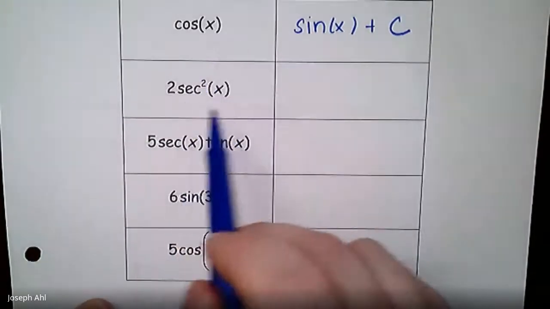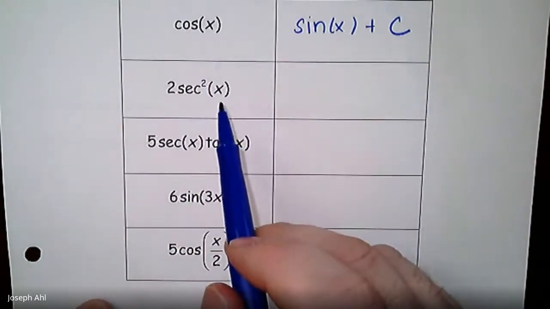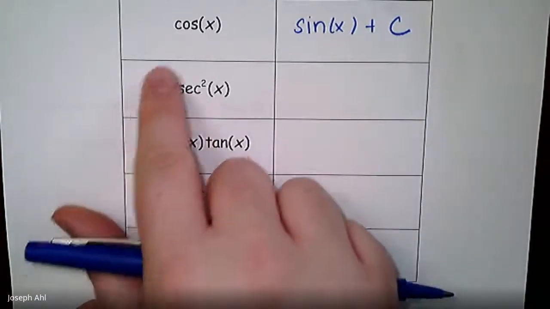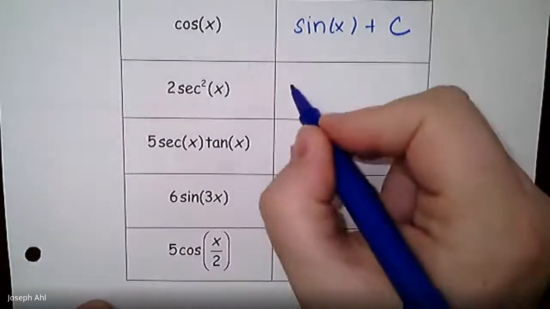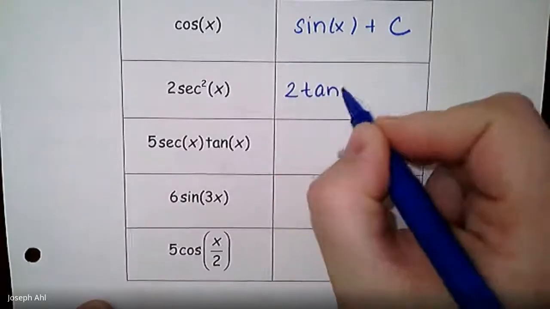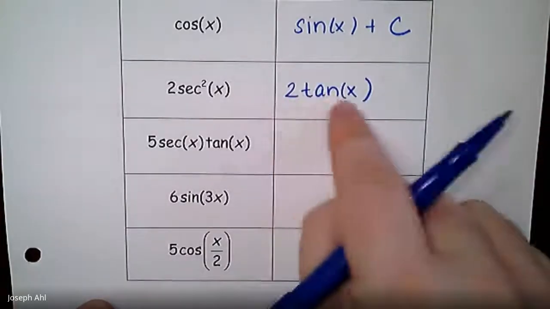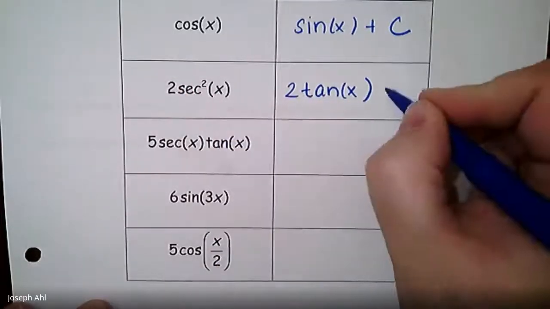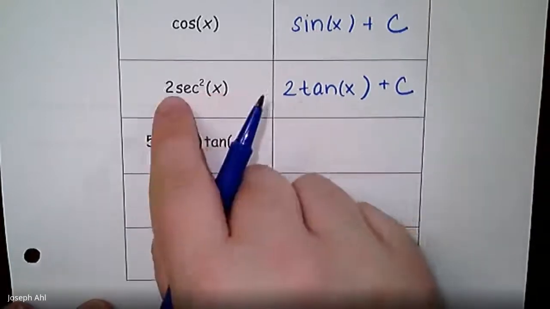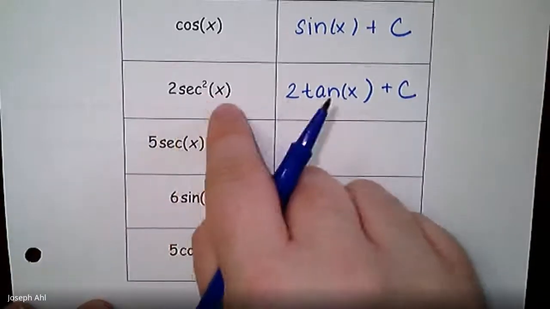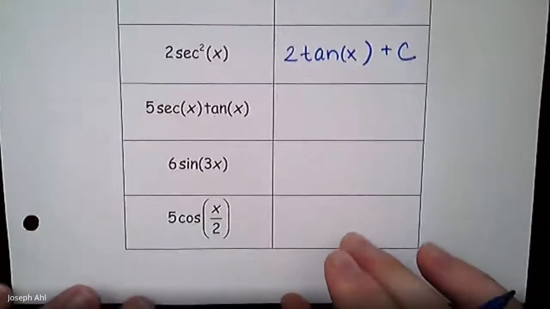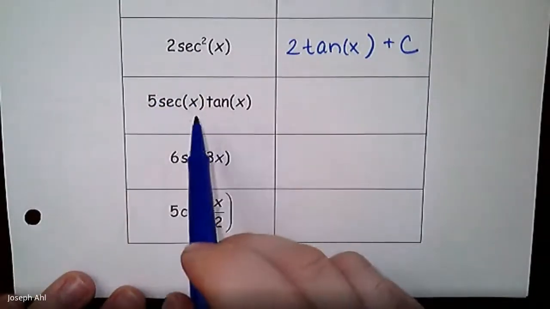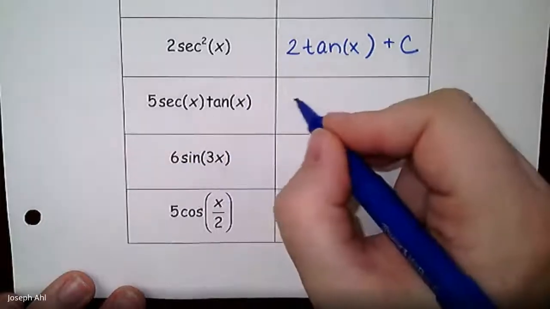Okay. All right, secant squared. What is secant squared the derivative of? The derivative of the function tangent, right? Tan, derivative secant squared. And with the 2 that's out front, we can just carry that to the original F of x, right? That coefficient out front wouldn't affect finding the derivative there. So 2 tan x and then plus c would be capital F of x, if the derivative is 2 sec squared. Okay. How about 5 sec tan going on down the line here? 5 sec tan, derivative is sec tan. That means the original function is secant